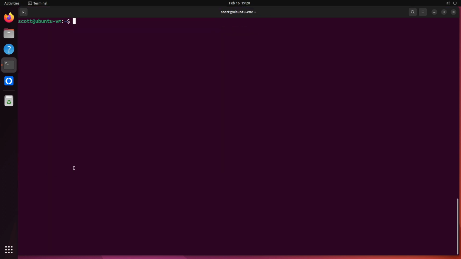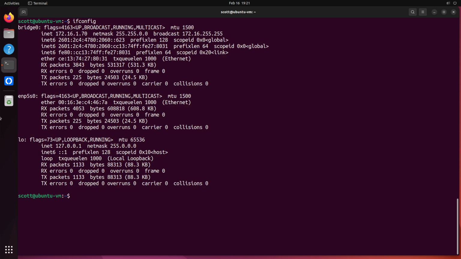Now that our bridge has been enabled as a result of running the netplan apply, we can do an ifconfig again, and you'll notice that we have device ENP5S0 still with a hardware address ending in 467A, but we now have a bridge 0 device, and it has a new MAC address ending in